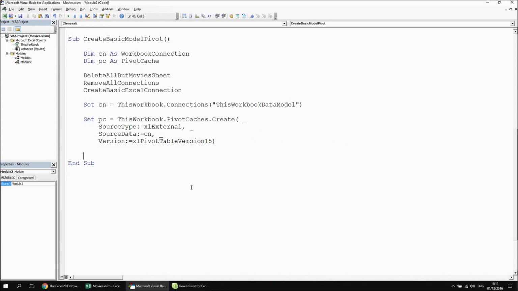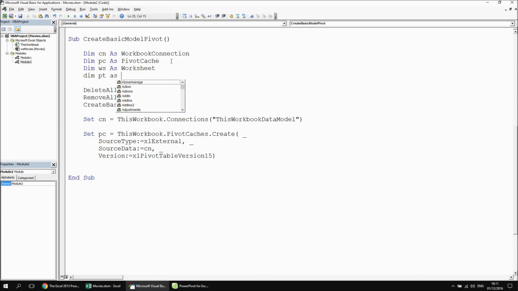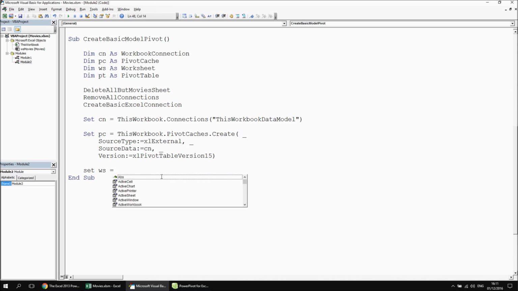All I need to do now is create a pivot table that uses that pivot cache, and I'd like a new worksheet for that pivot table to sit on. So again, up at the top of the subroutine, I'm going to declare a couple of extra variables, dim ws as worksheet, and then dim pt as pivot table. And then once I've created the pivot cache, I'm going to say set ws equals worksheets.add, and then I'm going to say set pt equals